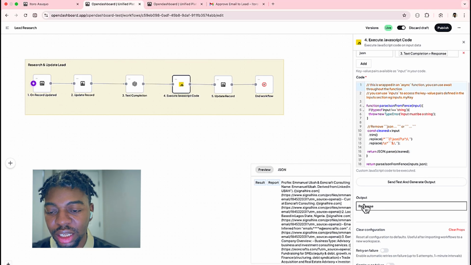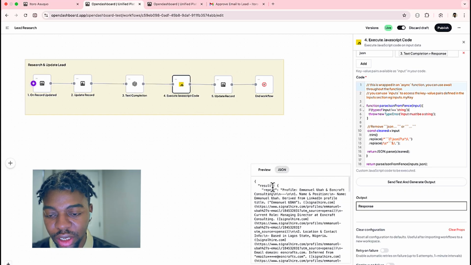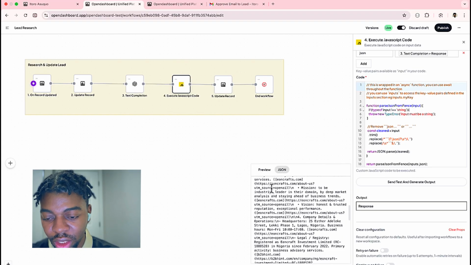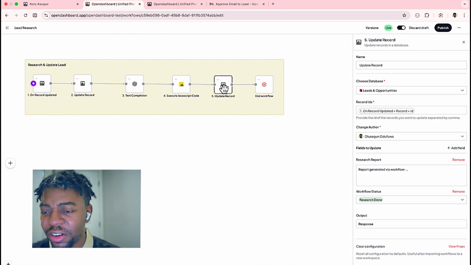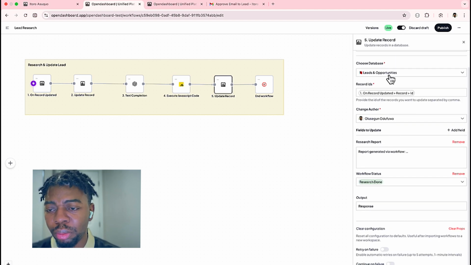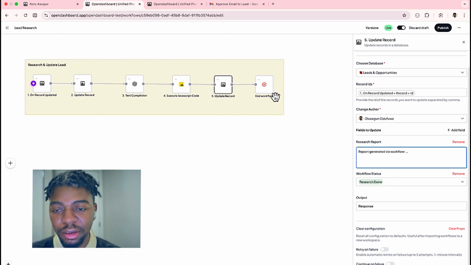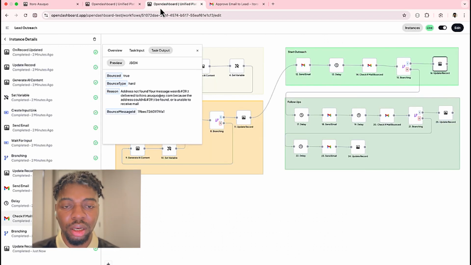And if we look at the JSON, the output here is the reports along with the confidence. Now, in the very next step, we go back and update the database with the report information as well as updating the status to research done, and the workflow ends. Now, going back to the other workflow,